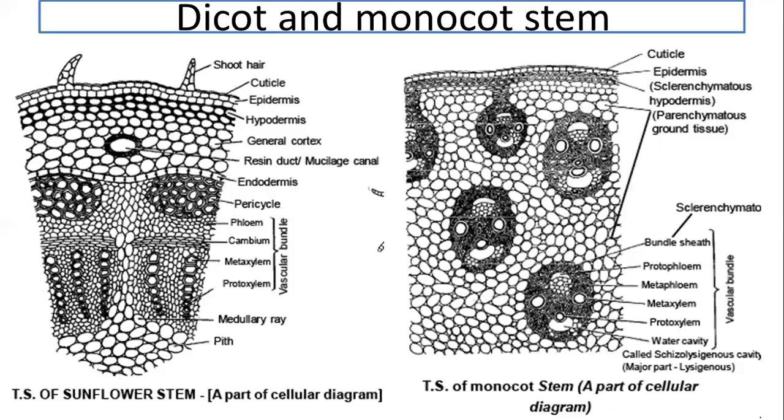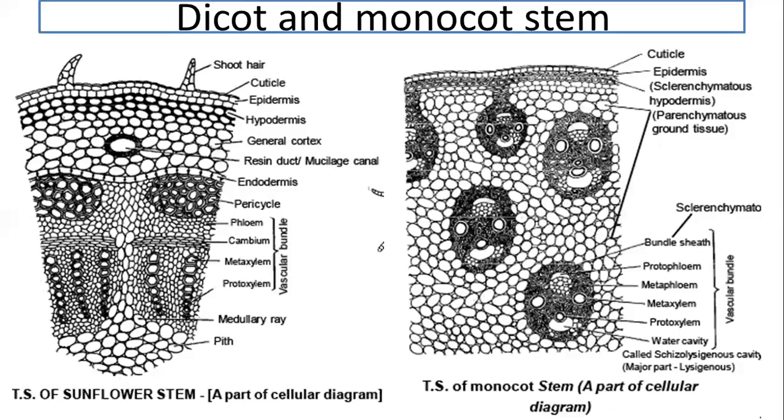So just remember the locations of where the cuticle is present, where the cambium is present, whether cambium is present or not. This is how we have to remember the concepts. Studying this way, it will be easy to clear the MCQs we get from this part. First we'll go with dicot and monocot stem.